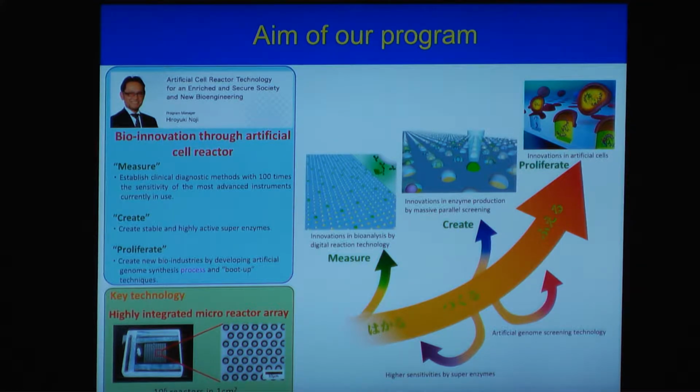The program manager of the project to which I am affiliated is Hiroyuki Noji. Our ultimate aim is the creation of the artificial cell using the microreactor array here. The project can be broken into the 3 sub-projects. In measure, we aim to enhance the detectability of single molecule reaction, like ELISA, through new quantitative and